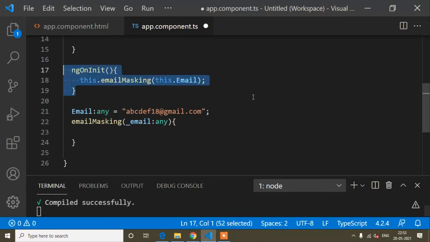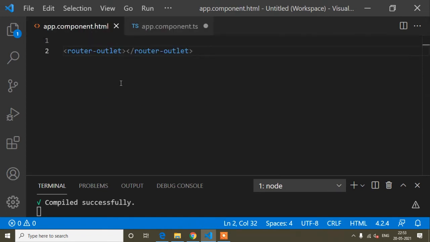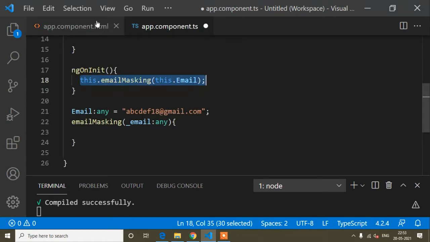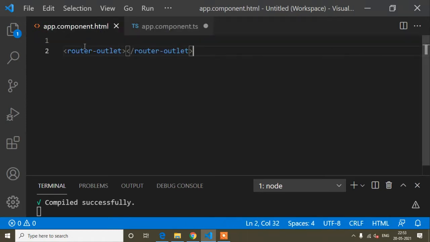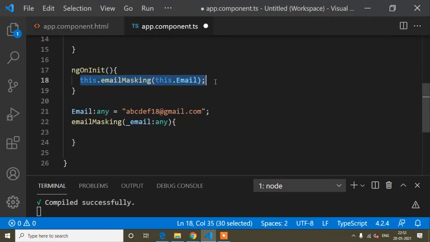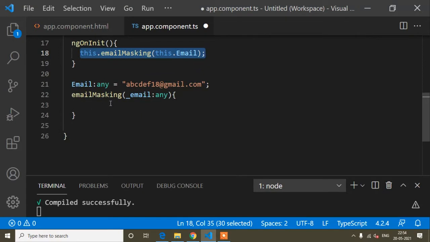But in Angular we call it inside this ngOnInit. So I hope you have understood why I have called this here. Actually, I don't need to call this method here, because it has to be called from our HTML file, since whatever email comes from the API has to be bound in HTML, so then I can see the preview in the browser. But for explaining, I have first called it inside this ngOnInit.